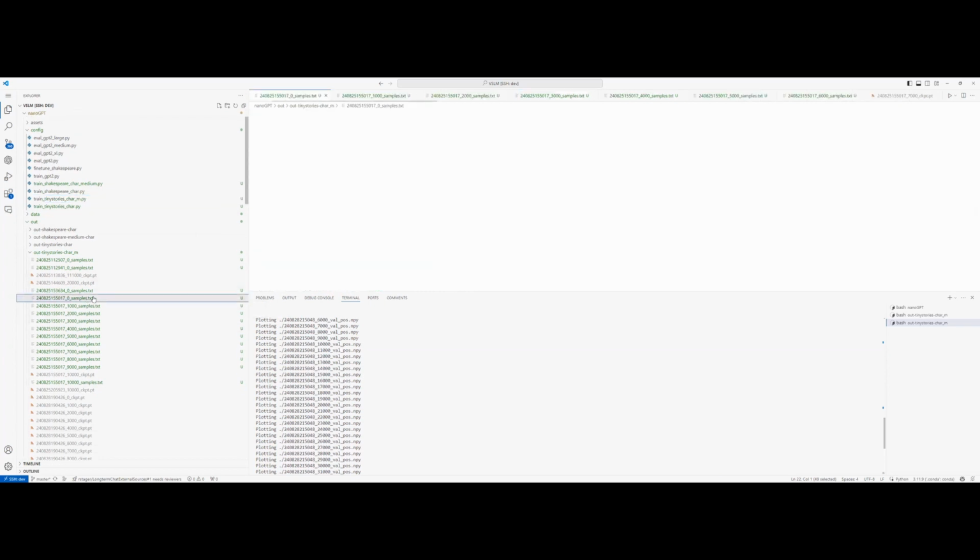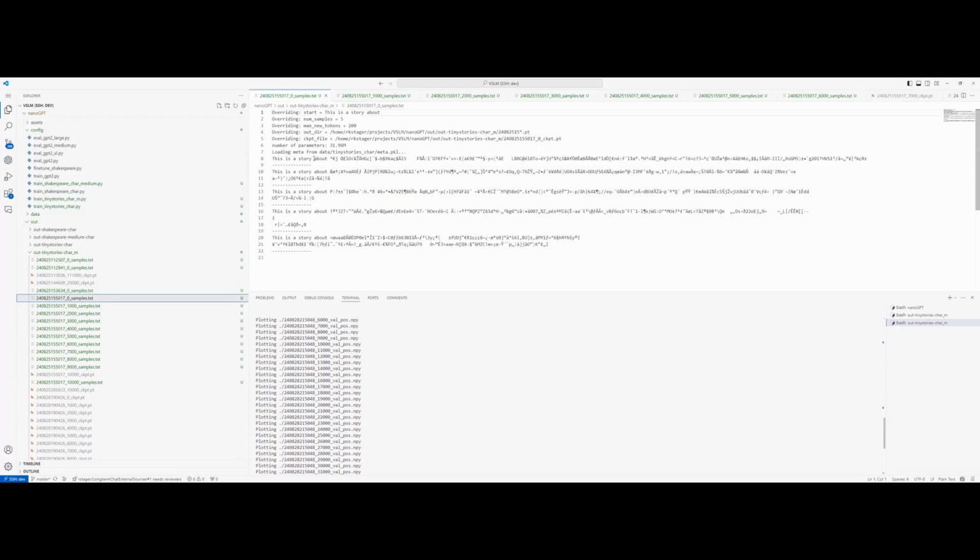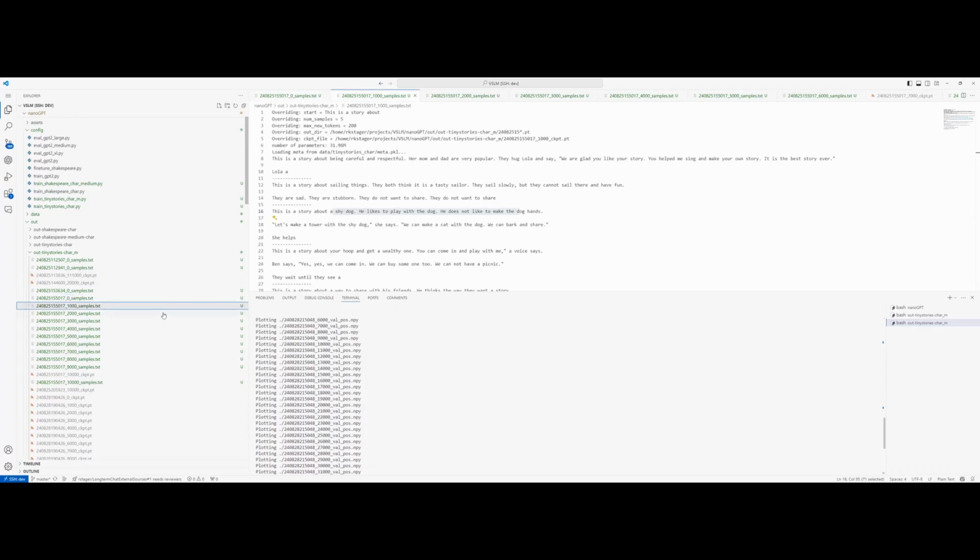If you start out, this is a model that's doing character level prediction, untrained. So it's a random network. The prompt is, this is a story about, and it's just predicting gobbledygook, as you would expect. This is within 1,000 iterations. It's already learned words. And I forget how long this was, but I think this is like 5 minutes on